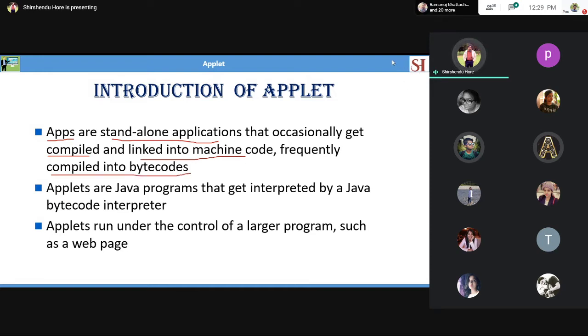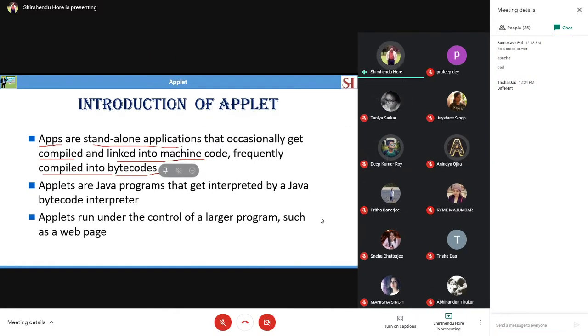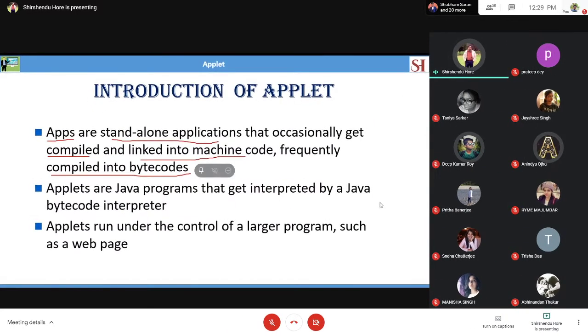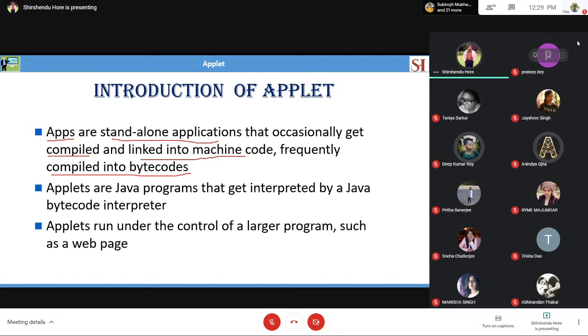So when we develop an application like writing a Java program to create a factorial or to show the use of the constructor, we are building an application. Here application is apps, which is compiled and finally linked and converted into a machine code which is independent, not dependent on anything.